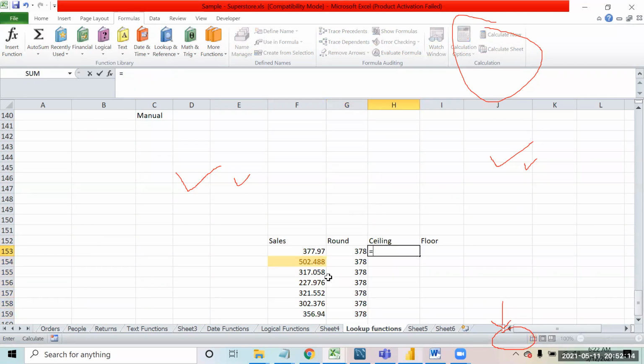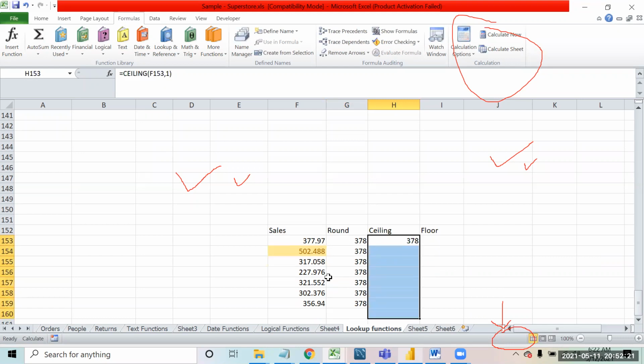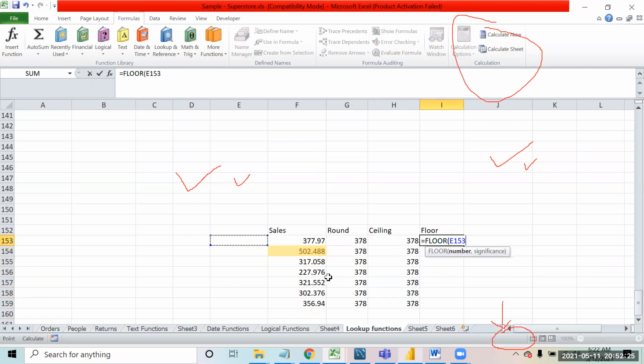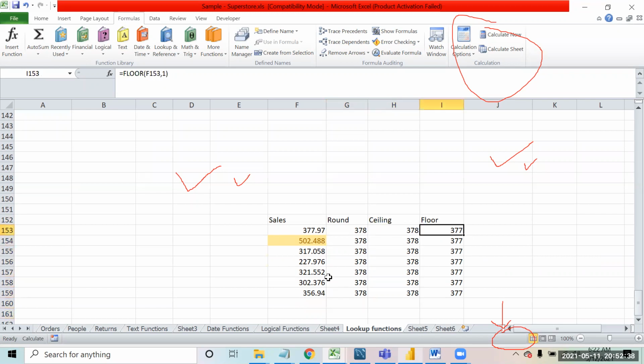I want to apply the ceiling function on this, significance is 1. I apply this over here, and I want to apply the floor function on this, significance is 1. You see everywhere the numbers are coming the same: 378, 378, 378, 378, 378, and 377.